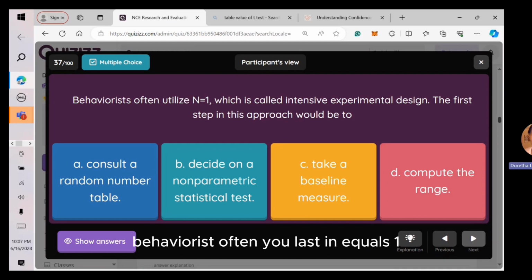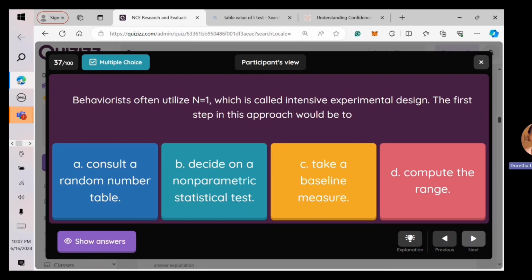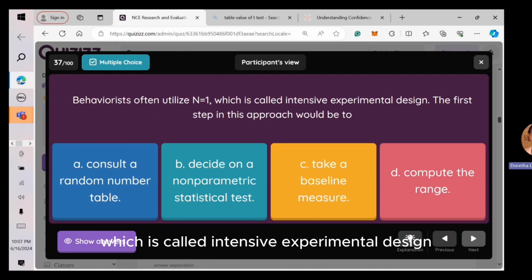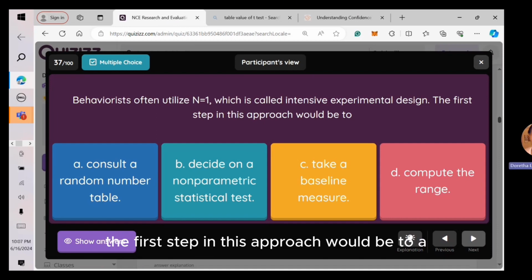Behaviorists often utilize N equals 1. And N just means the number of people in your study or that you're looking at, right? So it could be 1, 2, 3, 4, depending on how many people you're working with, which is called intensive experimental design. The first step in this approach would be to